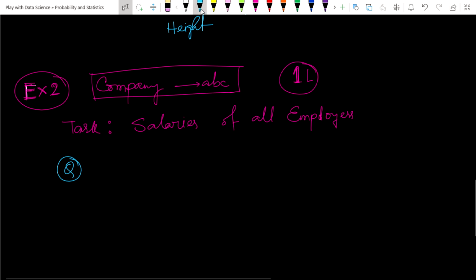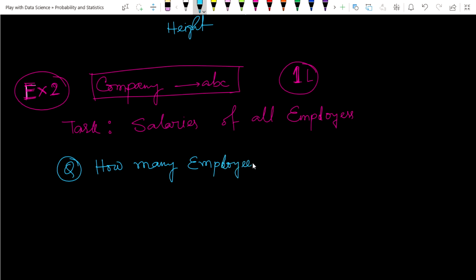Now the questions that arise here: how many employees make a salary that's greater than 100k? Suppose let's take 100k dollars. How many employees make a salary greater than 100k dollars? That's the first question. The second question is